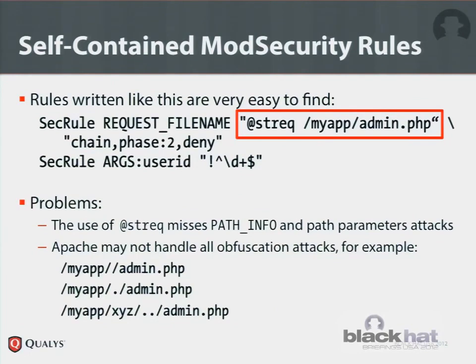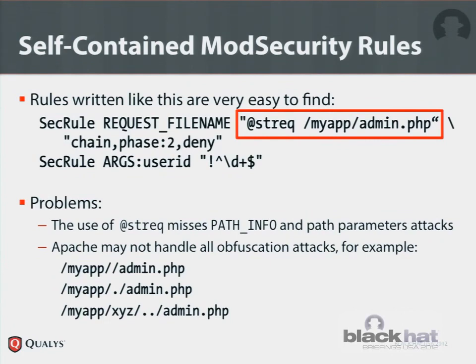However, there's another way to write ModSecurity rules, and typically if you're distributing a virtual patch, you want to avoid messing with the Apache configuration, so you write a self-contained rule. Here you have an example. This is what we call a chain of rules. The first rule looks at the path and decides if the patch wants to run, and then the second rule actually enforces things. All these examples that I'm giving you are examples of real-life virtual patches that I've collected on the internet. So all these are real problems.